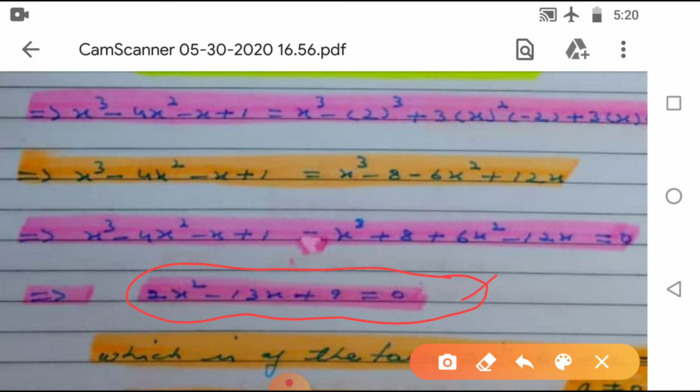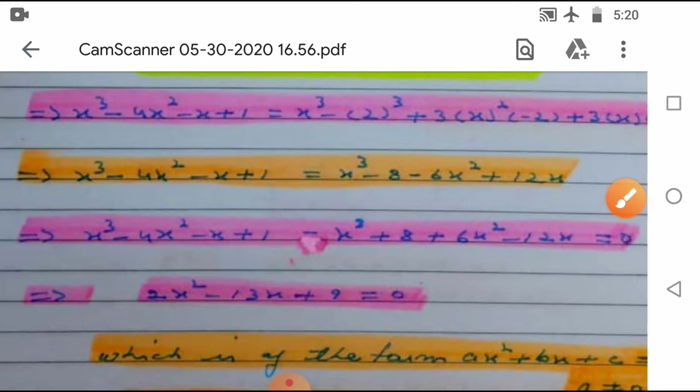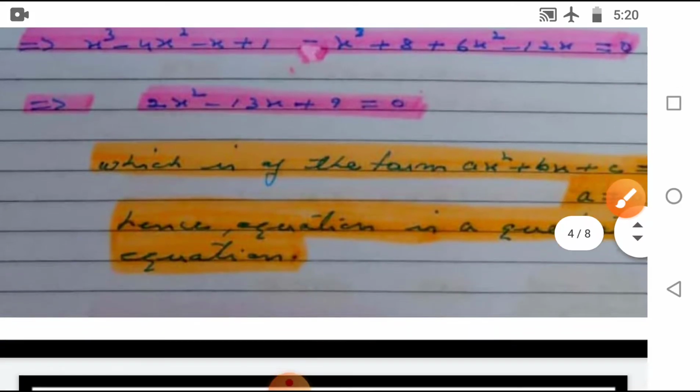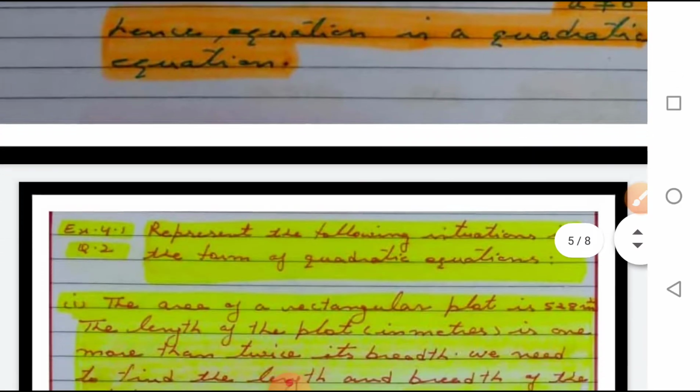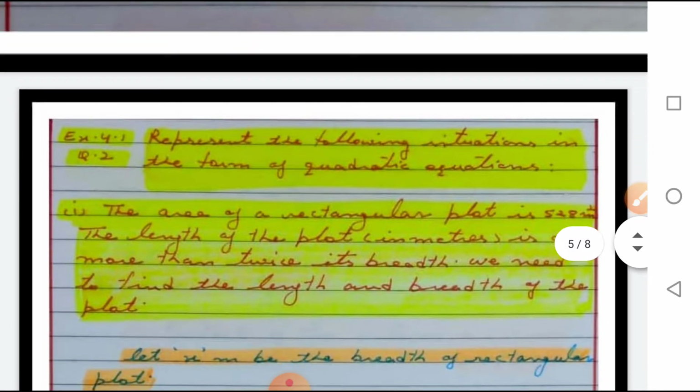So, this is in the form of ax square plus bx plus c is equal to 0. So, the given equation is a quadratic equation. Now, come to the next